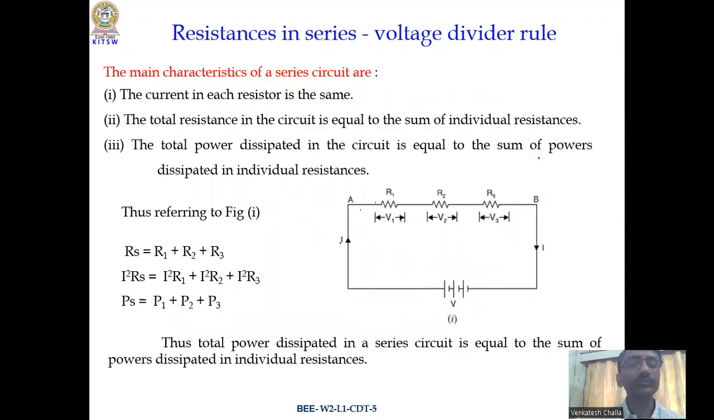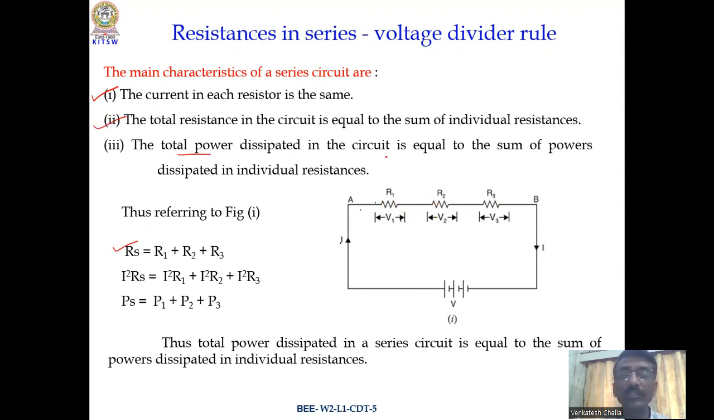Yeah. So what are the main characteristics of a series circuit? What is the observation made? The current in each resistor is the same. The same current flows through all the resistors. Then the total resistance is equal to the sum of the individual resistances, R1 plus R2 plus R3. So if there are 5 resistors, R1 plus R2 plus R3 plus R4 plus R5, like that. Okay. So next, RS can be written like this, and the